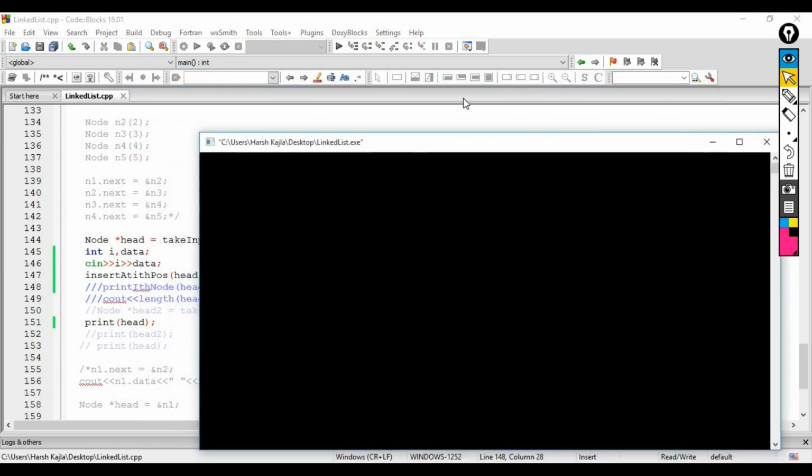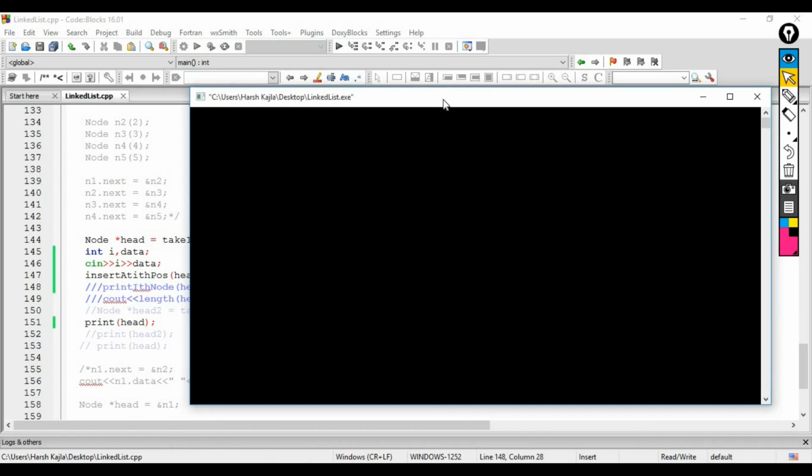It is waiting for the input, and the input is 1, 2, 3, 4 and -1. So my linked list will be 1, 2, 3, 4. Now it is waiting for index. Let's say I want to insert at index 2, and the data which I want to insert is 100. So this is my updated linked list: 1, 2, 100, 3 and 4.